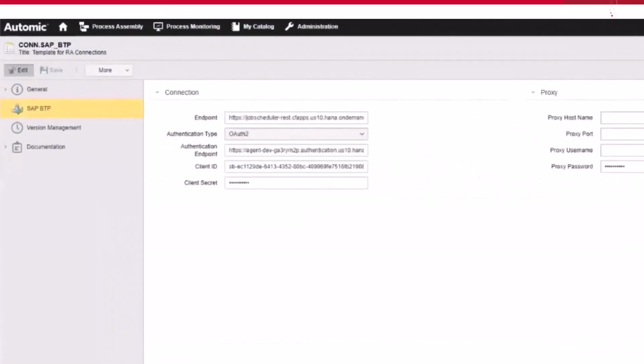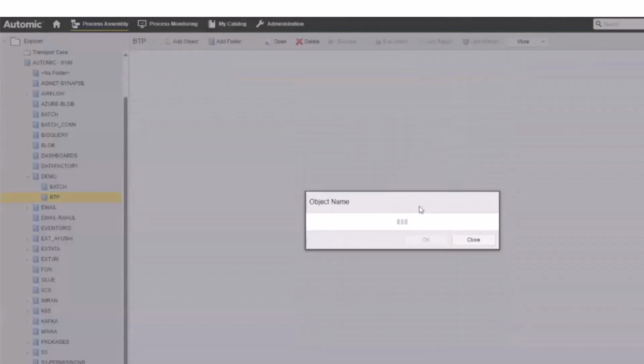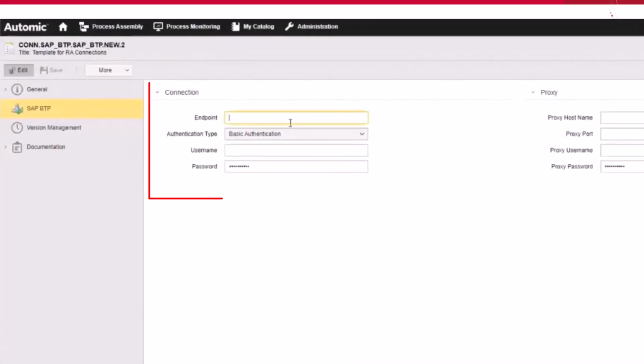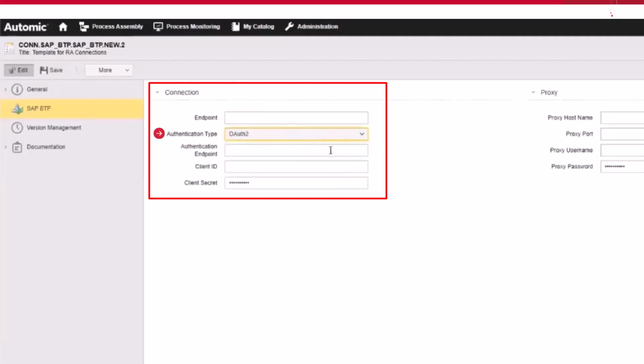Now, look at the SAP BTP connection object in Automic Automation. Let's create a SAP BTP connection object. The endpoint identifies the SAP BTP environment that we will connect to. SAP BTP connection objects support 2 types of authentication. The basic authentication requires the username and the password of the user with the privileges to access the SAP BTP environment. If you use the OAuth 2 authentication type, you will have to configure the following: the authentication endpoint that